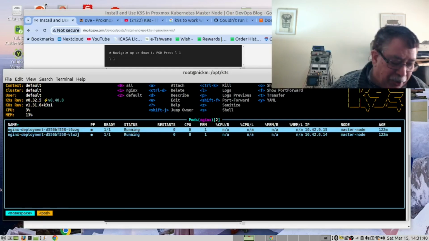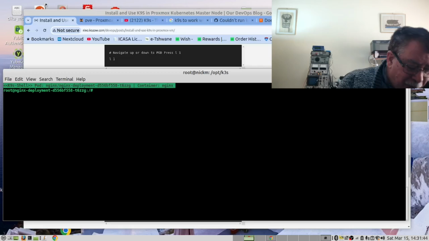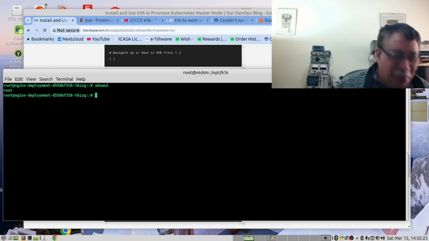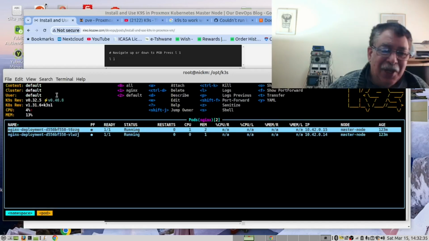Select the pod, press S, and now we are in the pod. I'm going to type whoami, and I expect to be root. Okay, that works. And then exit to exit. So these are the commands you can do with a pod.